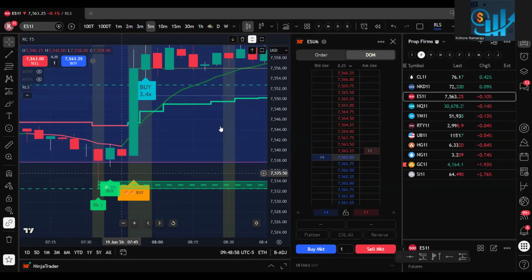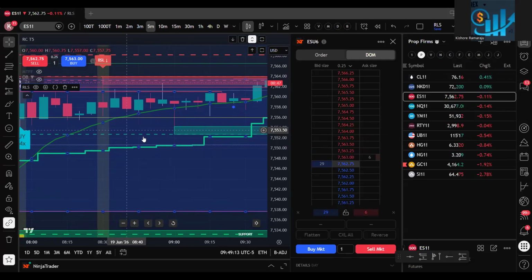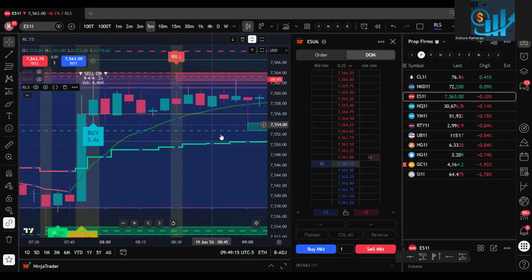If you don't see a buy button, right here you got a BSL, but you don't see another red candle, we don't see a sell signal. Then we know that okay, you wait for some more time. At minimum you are more prepared in this case. So that is about the liquidity sweep.